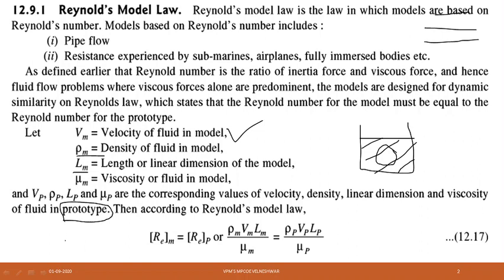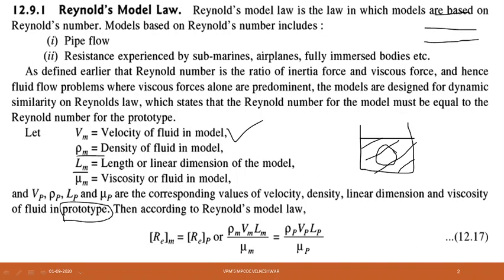What is a prototype? We are having two types. In my previous lecture I said, one is model and another is prototype. For example, in our college we have a model of the Bandra sea link, while the actual prototype is there in Mumbai. We have kept that model by taking that reference and made it the same as it is. So here the model is almost equal to the prototype; only the dimension is somehow different.